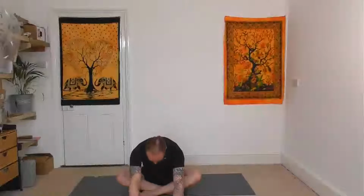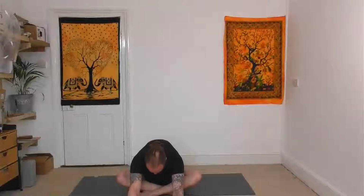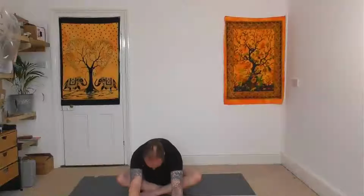We come up, we'll change the cross of the legs, so we'll pop the other shin in. Of course, if you have got your legs out in front, you don't need to do that. So the hands on the knees, we're extending up, chest moves forward, reaching forwards, hands down, head hanging, walking the fingertips away, steady breath. And then shuffle the hands back, coming back into an upright position, taking your left hand to your right leg,